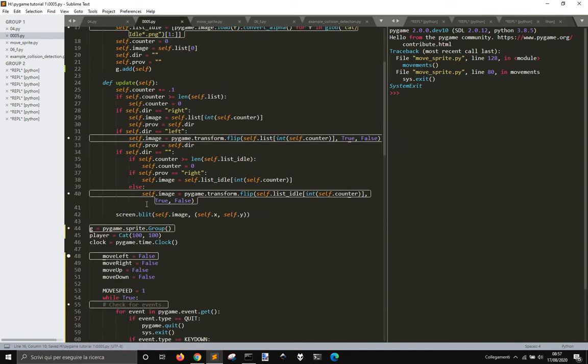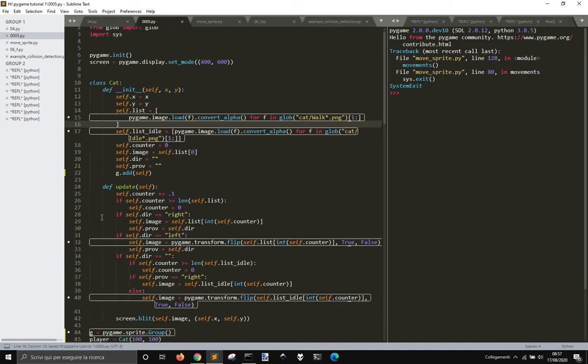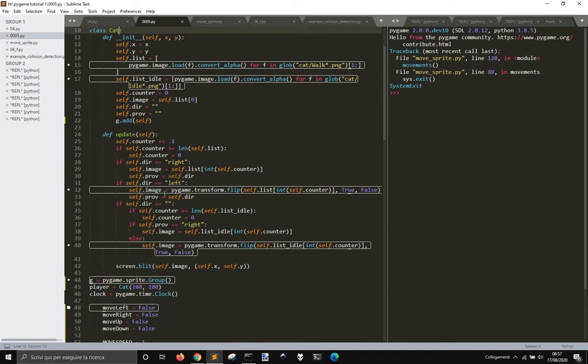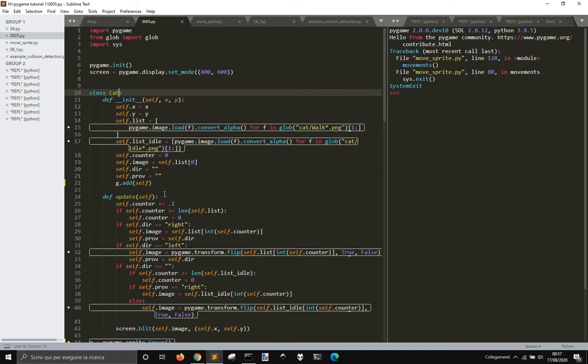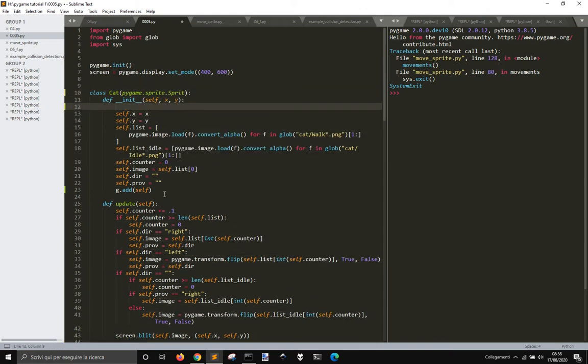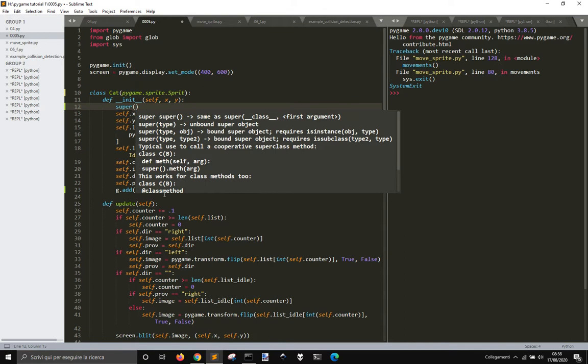So we're gonna add the sprite to the group. This one is called player, but we also need to inherit pygame.sprite.Sprite. Until now we haven't used this class sprite. We're gonna implement its use here. To use it, we're gonna also